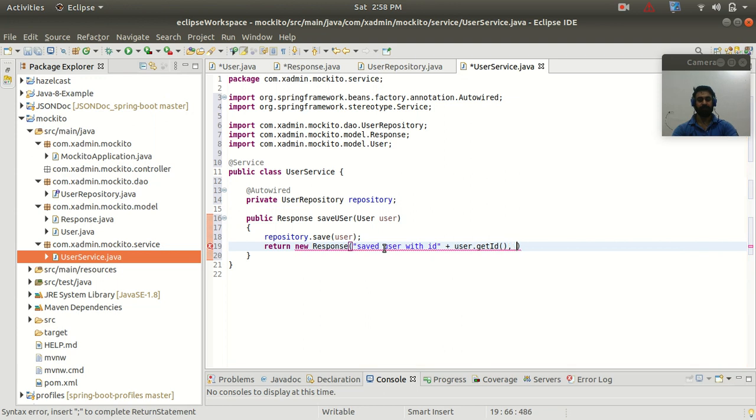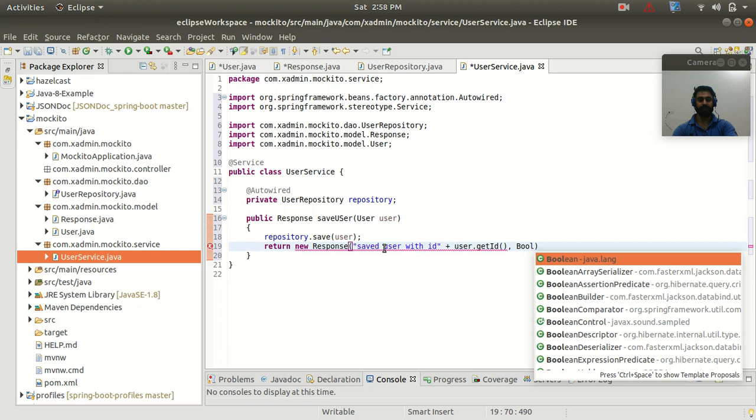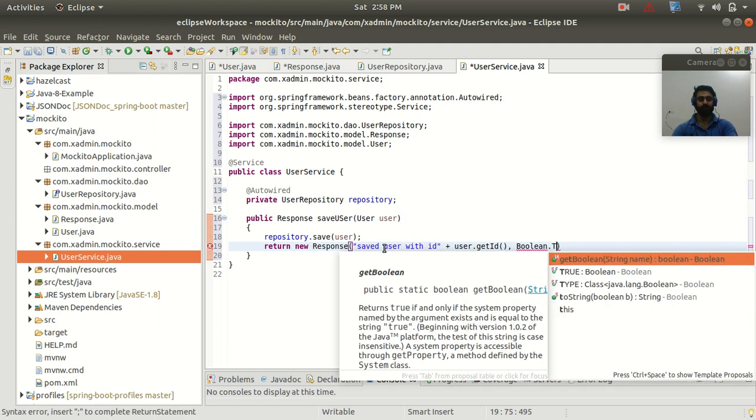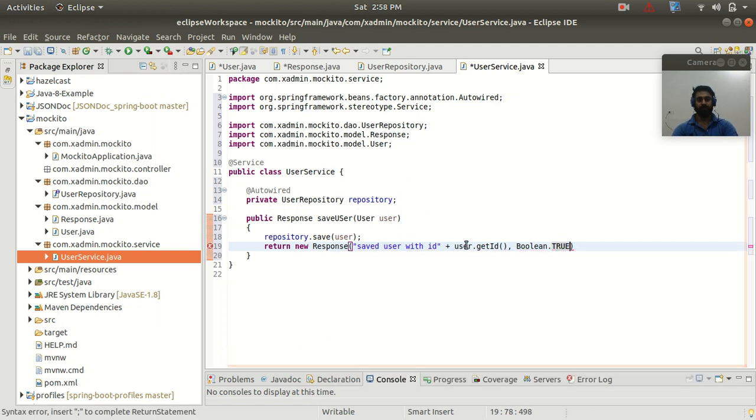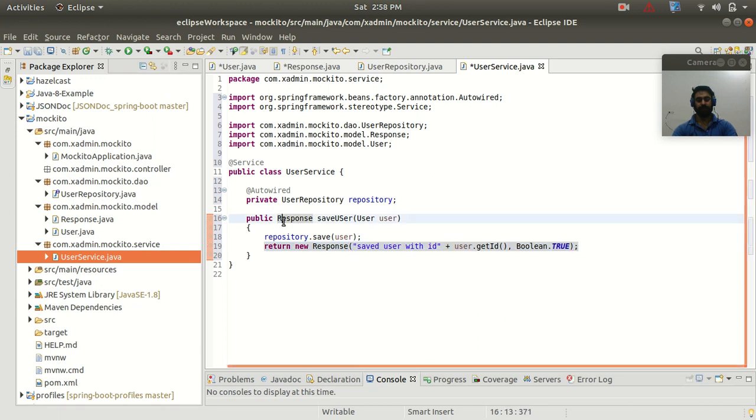Now the second argument is the status. For the status I will pass Boolean dot true, right? So here I am returning our customized response, with the message "saved user with id" and this id, and the status is true.